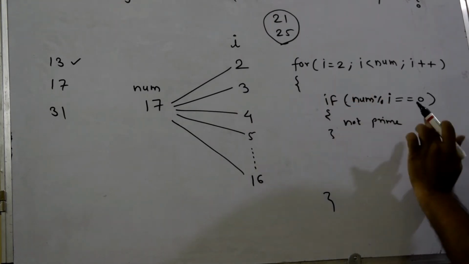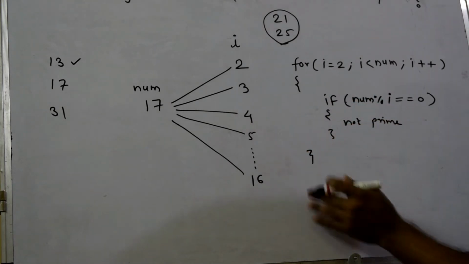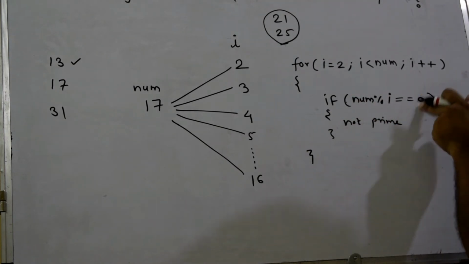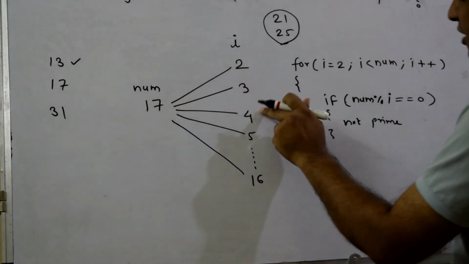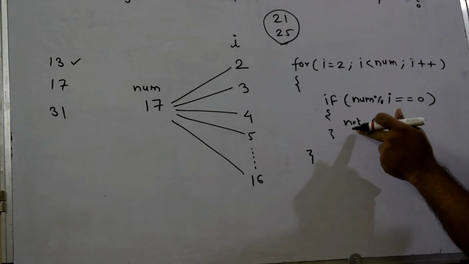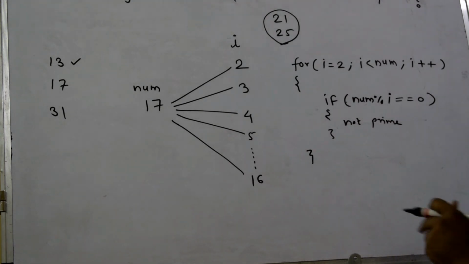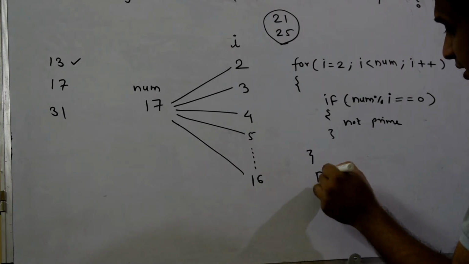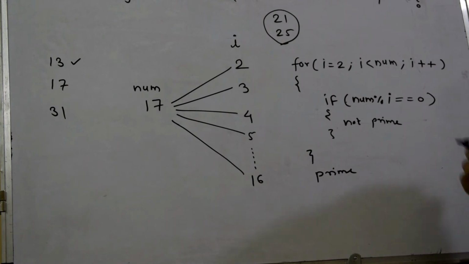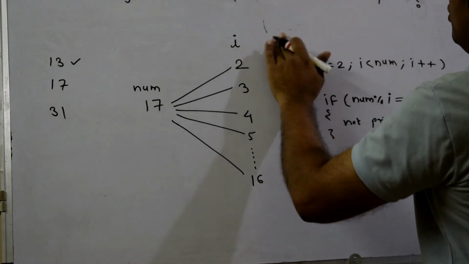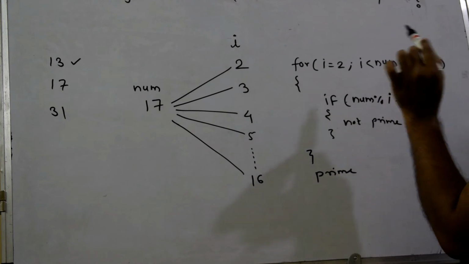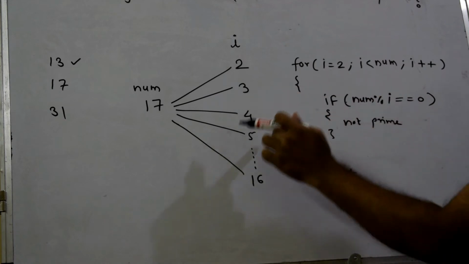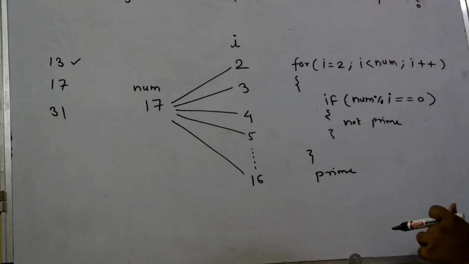So up till this it is okay. You can write only the if here, and inside the if, if the remainder is 0, then it is divisible by some number apart from 1 and itself. So you can directly print that it is not a prime number. And outside this for loop you can print another statement which says prime. Because of this, first we check the whole range, and if the remainder does not become 0 at any time, then outside the for loop you will print that as a prime number.